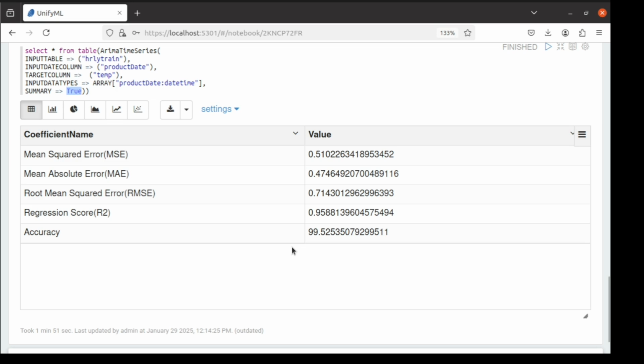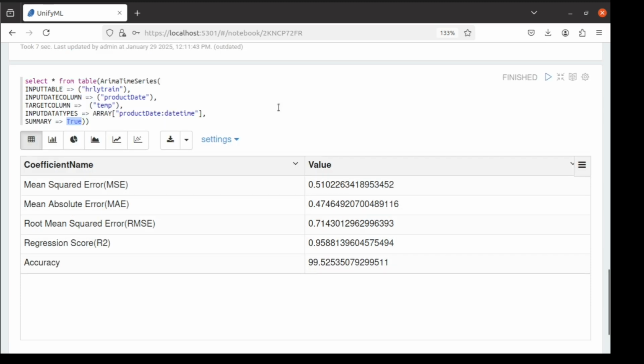R2 values. In this way, you can apply the ARIMA time series function to any of your time series datasets